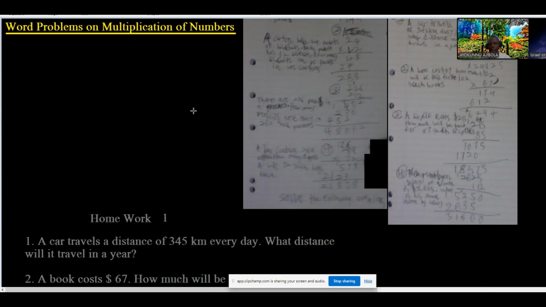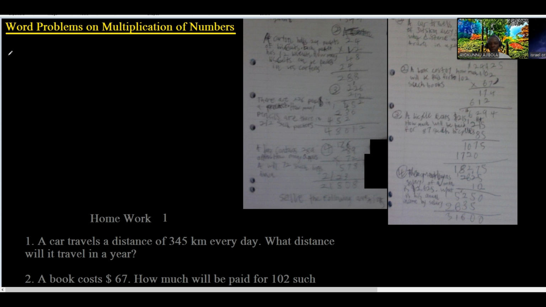So we're looking at these questions. Basically, they are word problems on multiplication of numbers. The first one says a car travels a distance of